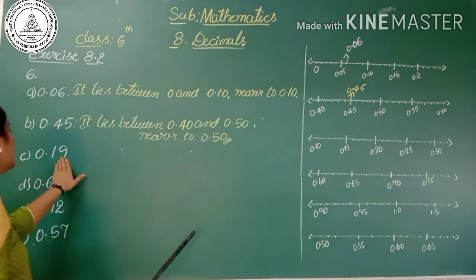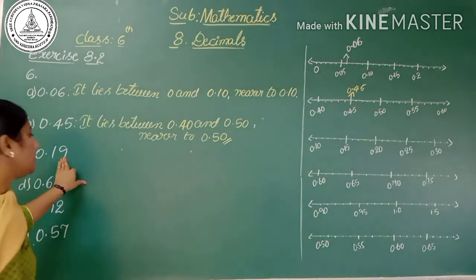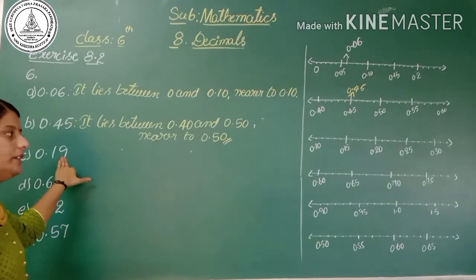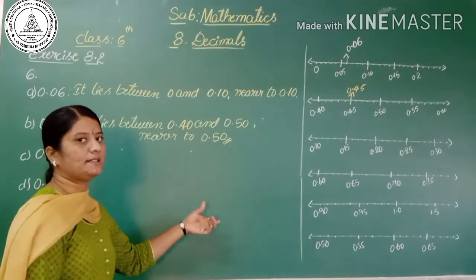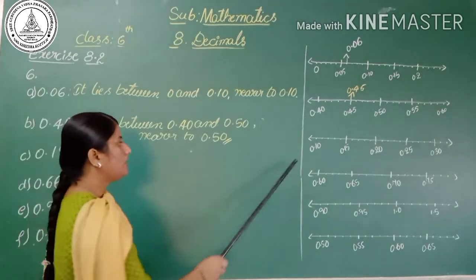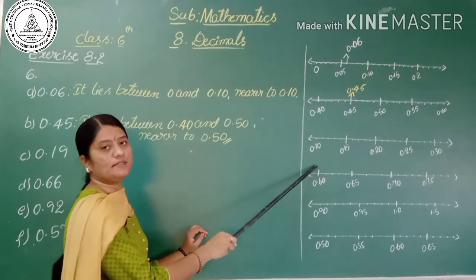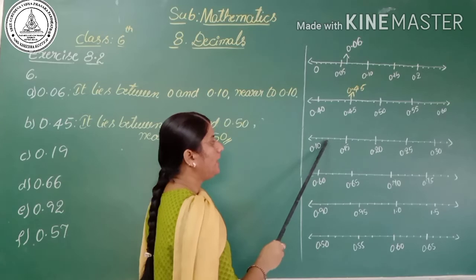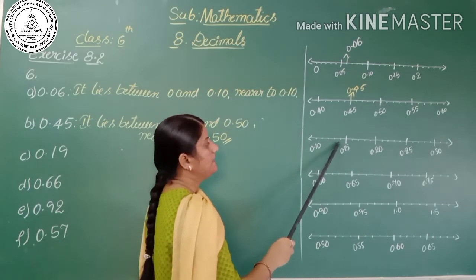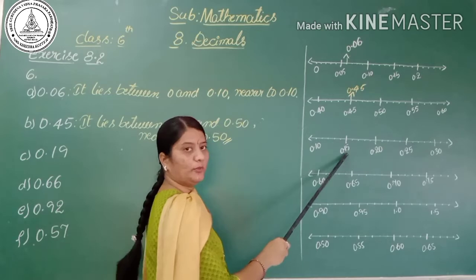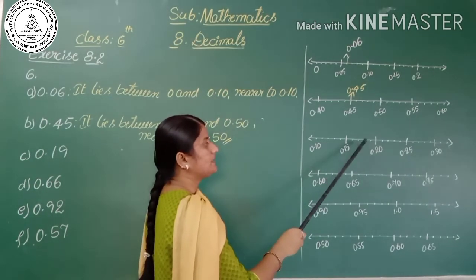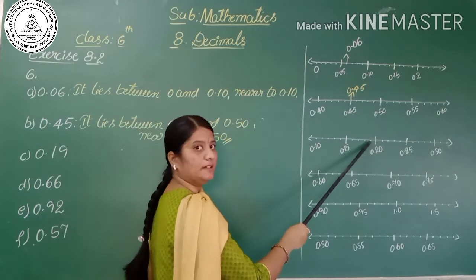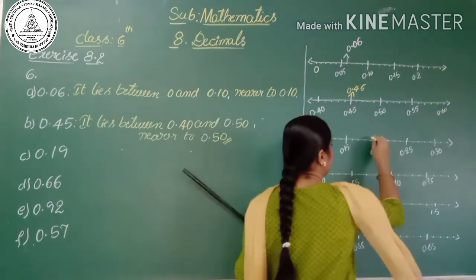0.10. So here also, the line is in the hundreds place. The length between 0 and 1 on the number line is divided into 100 equal parts. Each part measures 0.01. Here I have started from 0.10, and the next parts are 0.11, 0.12, 0.13, 0.14, 0.15, 0.16, 0.17, 0.18, 0.19. Right? Mark it here.